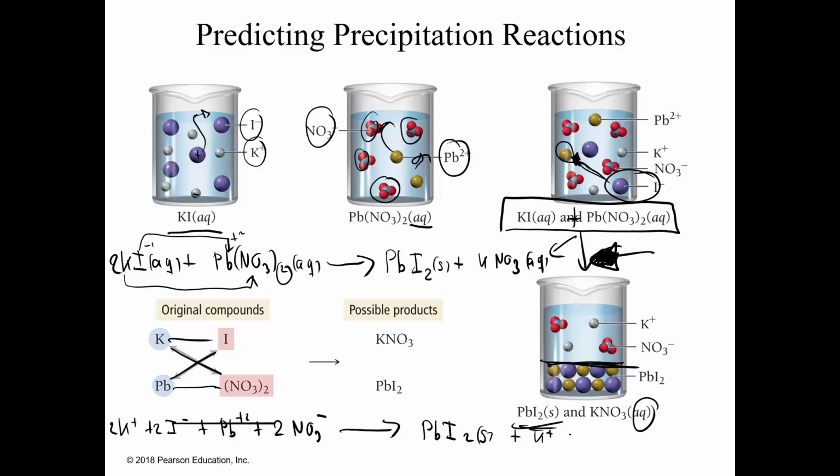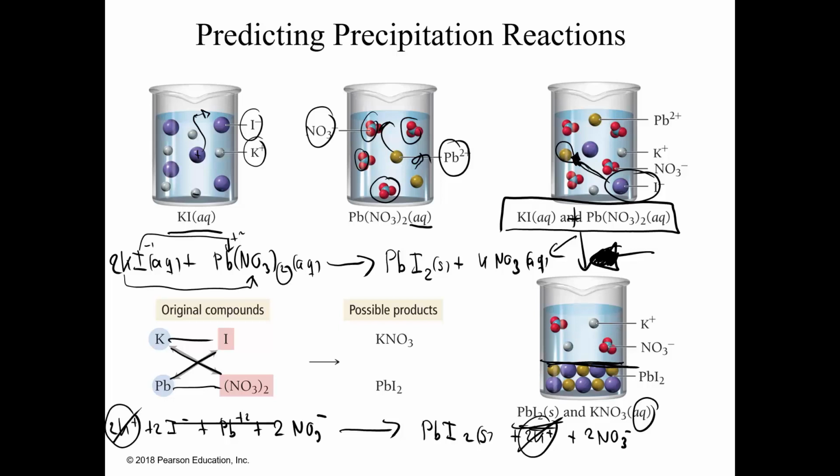It doesn't change anything, and NO3-. They're still ionic. We have 2 of each of these. And so now if you look at that, we have potassium ions on the left, and we have potassium ions on the right. That's called a spectator ion. Those two don't participate in the actual chemistry that's happening. So they can actually drop out